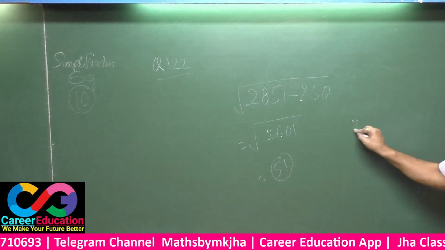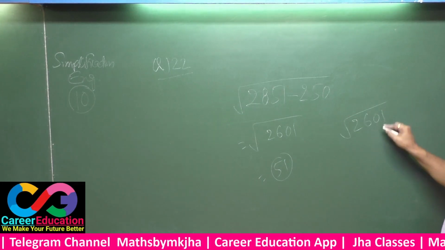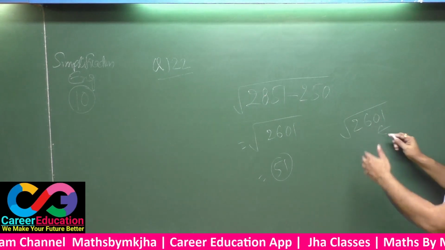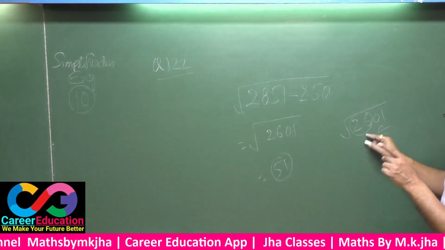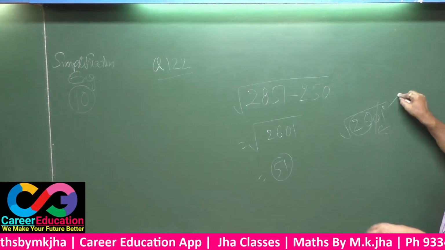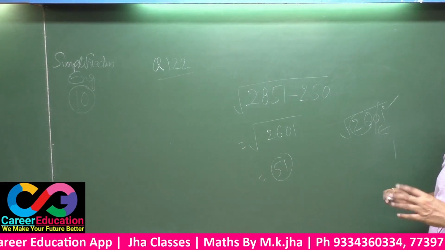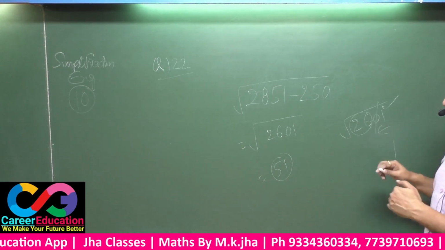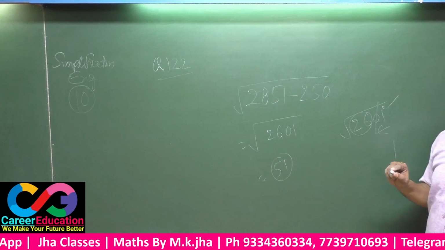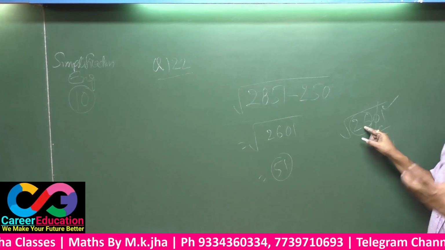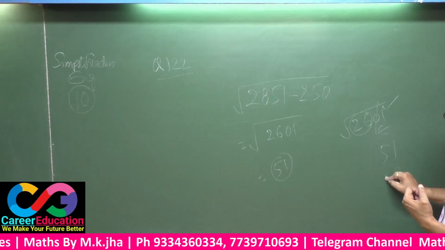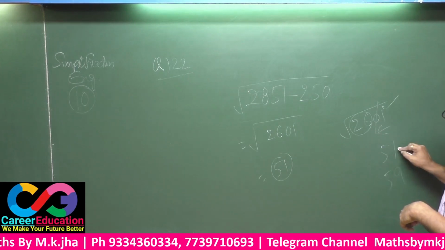You may guess here: you have to find the square root of 2601. You have to make pairs from the right side. Thereafter the leftover will be taken as a single group. This must be cancelled. You have to think of a digit whose square has 1 at the unit place, and 9 square is 81. The unit matches here. That means 5 square is 25, nearest to this one. Your answer may be 51 or 60.